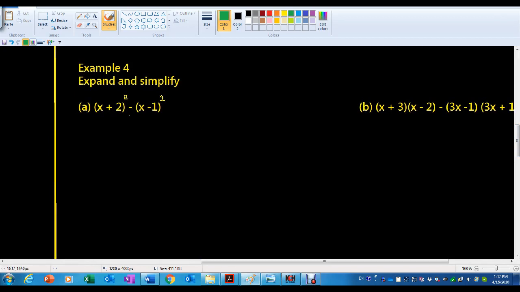So, for example, if we mix things up, what are we going to do? For example, when you are going to expand and simplify, in the same question, you will see the square of a binomial with plus, and the square of another binomial with minus. But anyway, we are going to face a situation with square minus square, right? Okay, so what we're going to do,